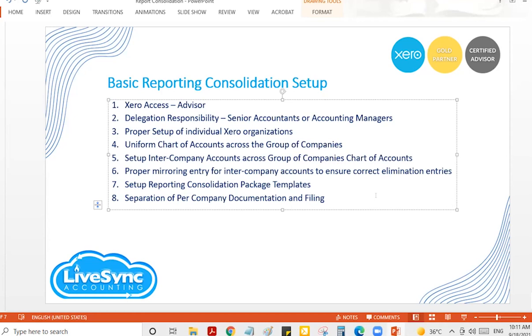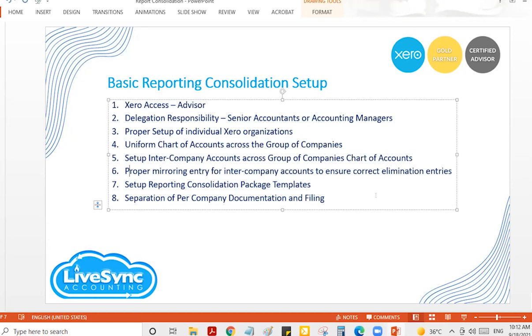So if you are a consolidating accountant and you have other accountants in different organizations, you have to make sure there is a proper process or internal control that when there is an intercompany transaction from one company, that is properly communicated to another company so that he or she, that accountant, needs to post properly the corresponding